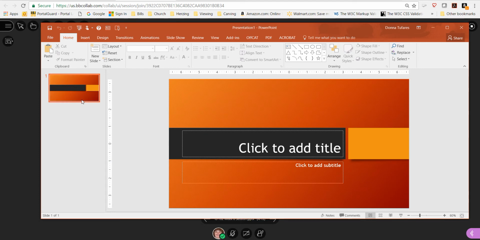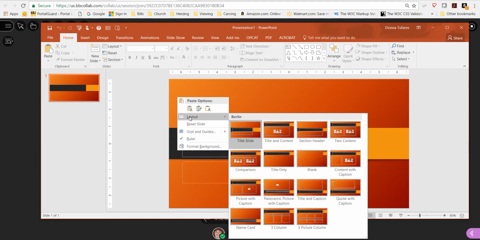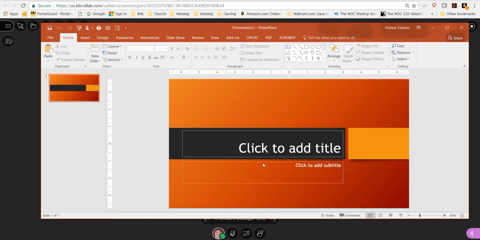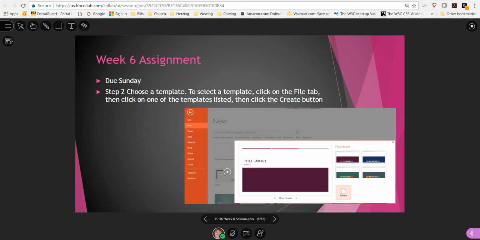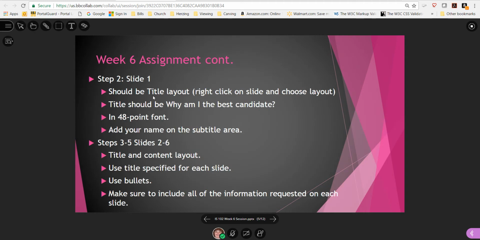When you open it, most of the templates start you with the title slide. That's what you need for slide 1. And if you right click and look at the layout, it tells you what layout it is. So we want title slide for the first one. The title of this one is going to be,